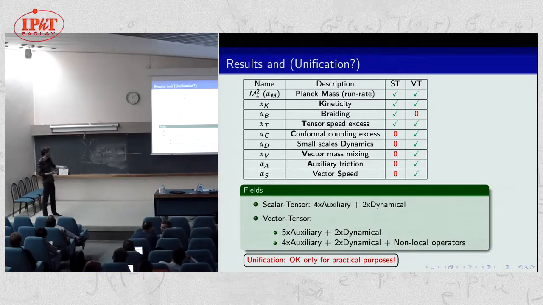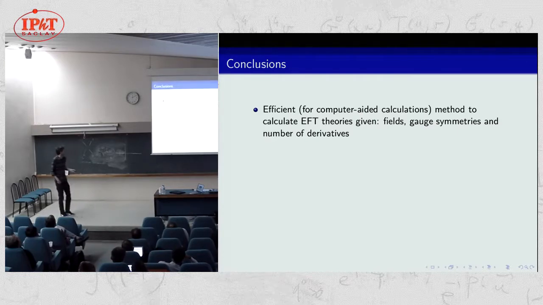But you can do it, and then, for example, here, how to solve the problem of the extra auxiliary field or the non-local operators. You can keep the auxiliary field, and you can see that if, for example, these alphas of vector tensor are 0, you are in GR, the constraint, the extra auxiliary field goes to 0 because its coefficient goes to 0 in the Lagrangian. And I'm done with my talk.